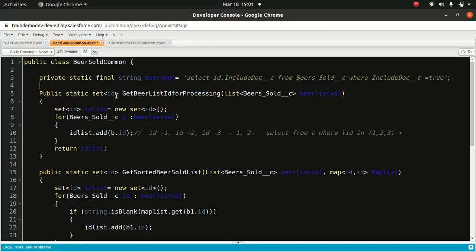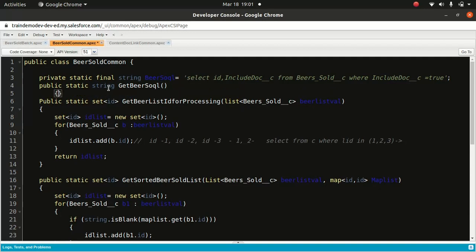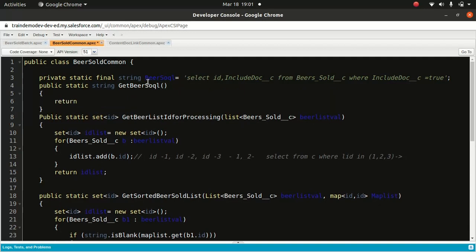Okay, and what we're going to do is public static String getBeerSOQL, and it's going to return beerSOQL, yeah. Okay, and what we're going to do,